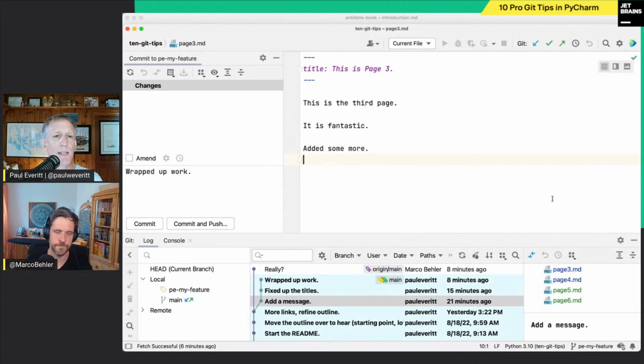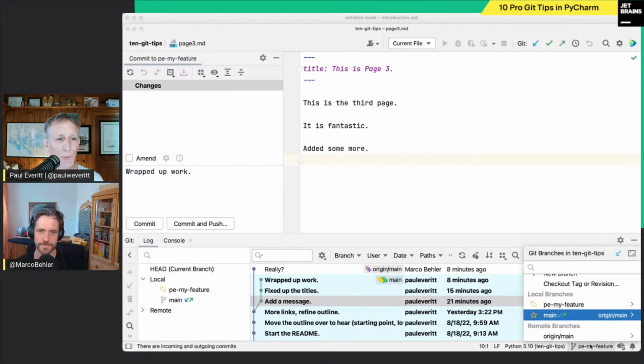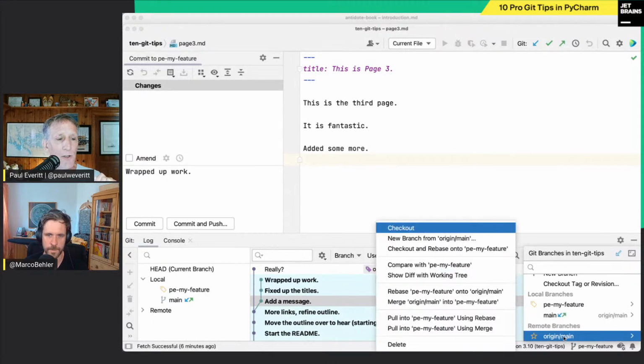And Marco's video shows three ways to do this. I'm going to go to the end and do it all in one shot. Most of you don't know how to do this, so pay attention. But said differently, I didn't know how to do this. So go down the branch tool window, and instead of operating here locally, because we don't have those changes yet, and we would have to do a two-step operation to get the changes, then rebase on top of them. Instead, I'm going to go here